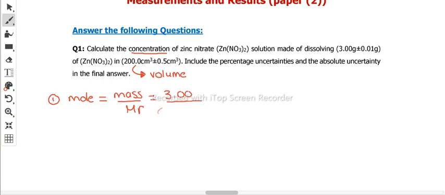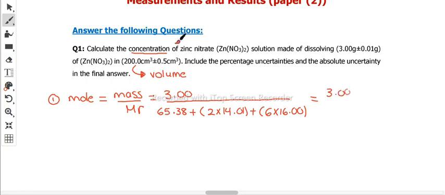We have the zinc, which is 65.38 plus we have 2 nitrogens presented, so we will open the brackets 2 times 14.01 plus we have 6 oxygens, so 6 times 16.00. Now we're going to divide 3 divided over the molar mass, which is